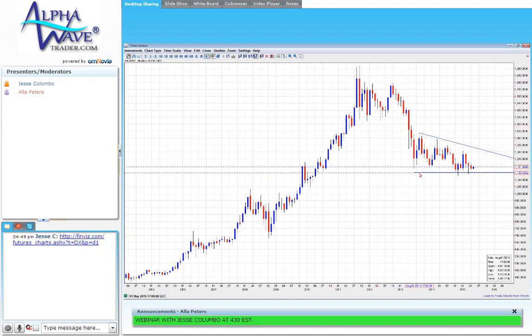So very often you see wedges and patterns like this will be continuation patterns. Not always, but the majority of the time they will be. And I always wait for confirmation in the form of a convincing breakout or breakdown. But I'm watching this pattern. You can see the lows or the support is right around 1150 per ounce. The highs you can see is right around